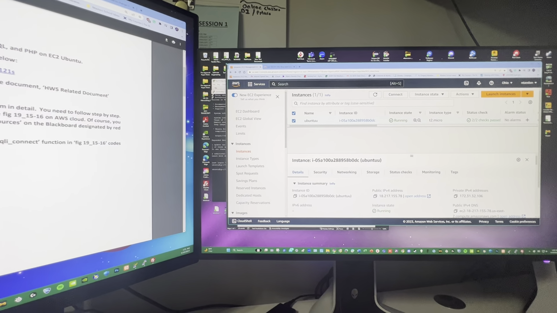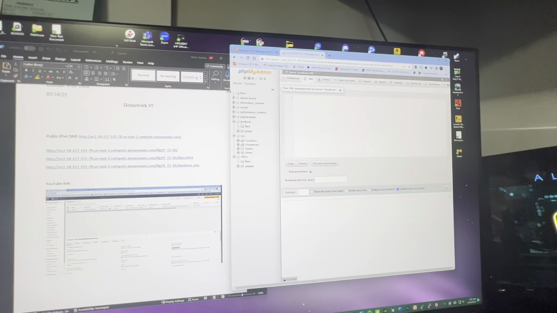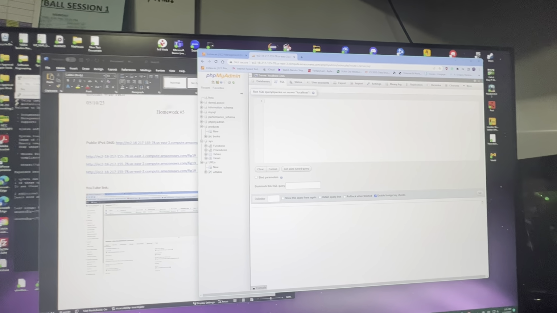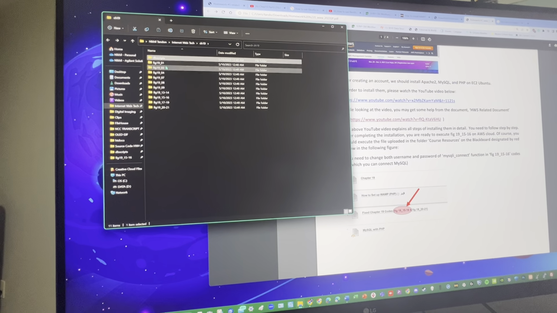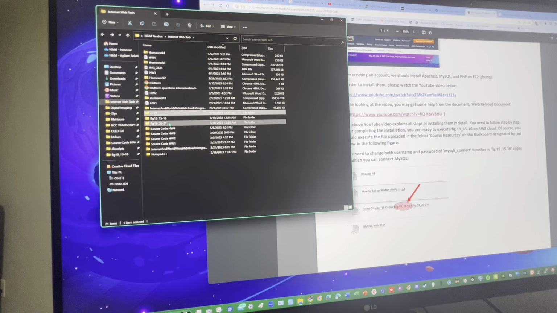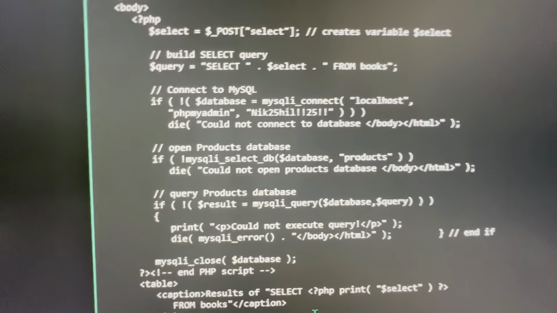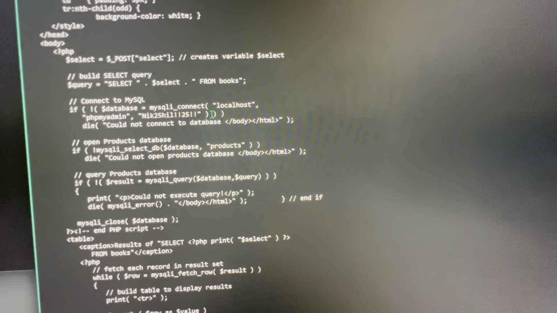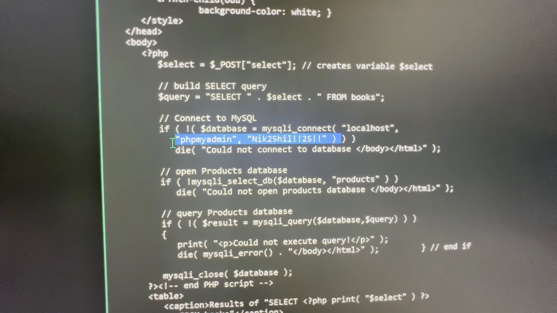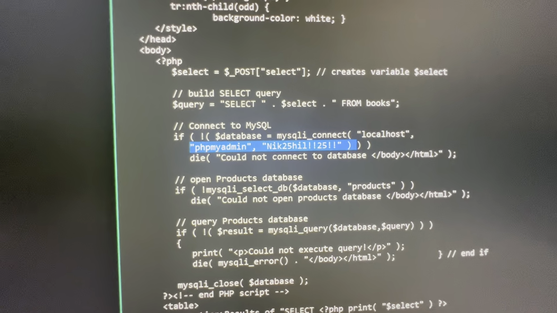But yeah, so once your PHP admin is created properly, like this, you have the credentials and everything. You actually have to go to the actual file for database, right? You go to that file. You have to change where this password is, right here. You have to change that to your specific username and password in order for it to work. So once that's done,